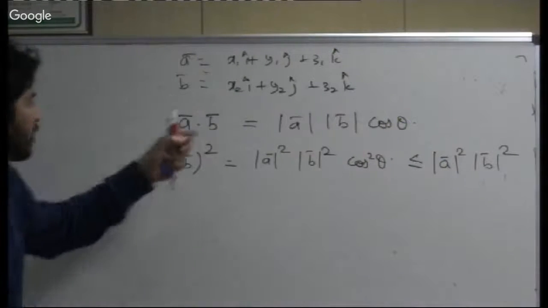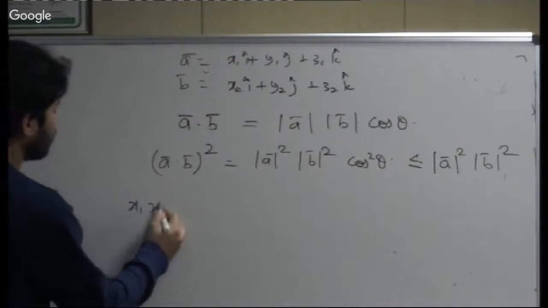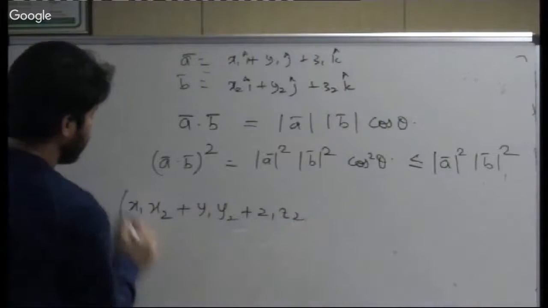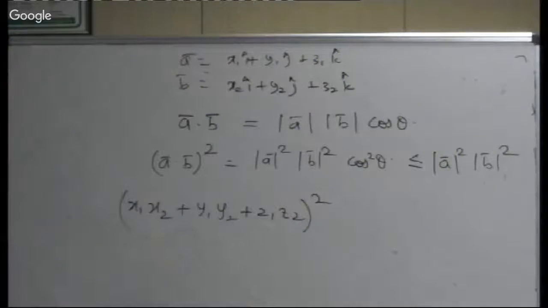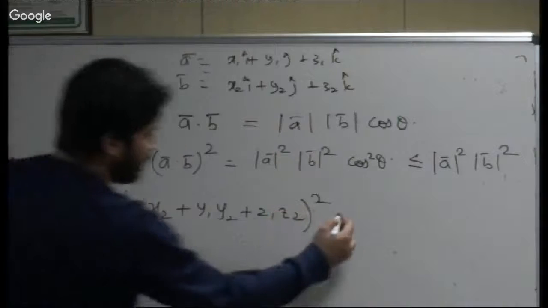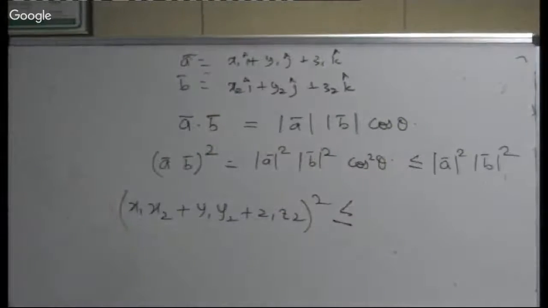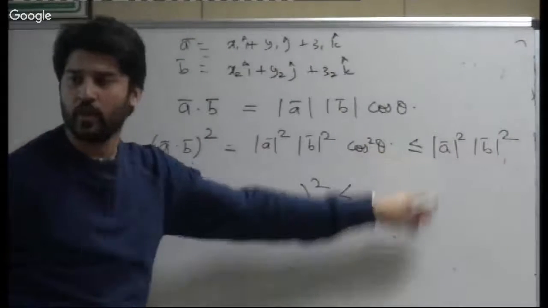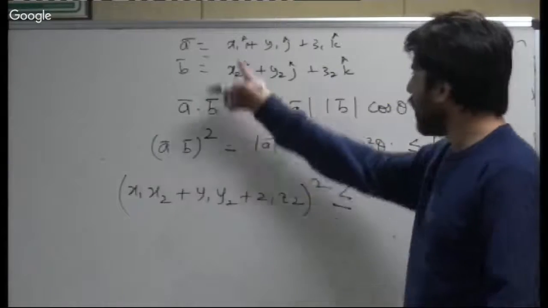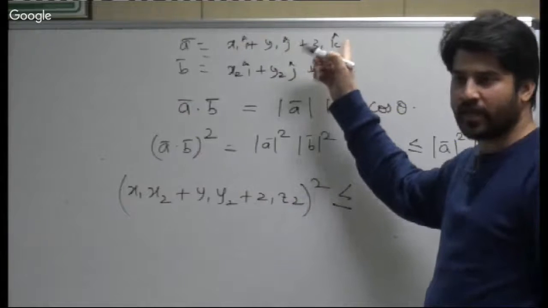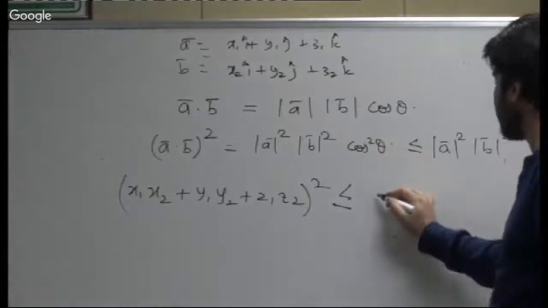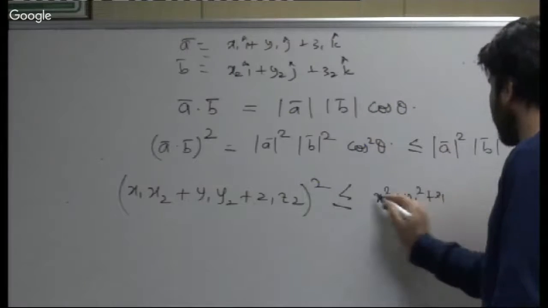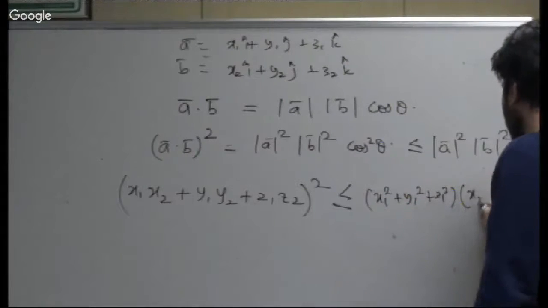So when I say A dot B, it will finally be x1 x2 plus y1 y2 plus z1 z2. This is going to be my left hand side. It will be less than or equal to, I'm skipping the equality sign, I'm coming directly to this. What is mod A? Under root this square plus this square plus this square, and square of this will be mod A square. So I can say x1 square plus y1 square plus z1 square into